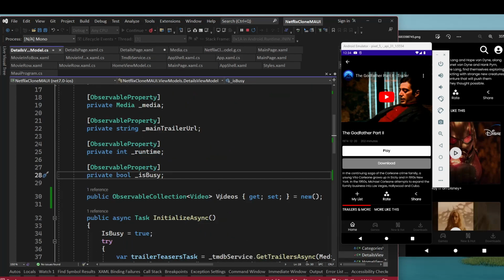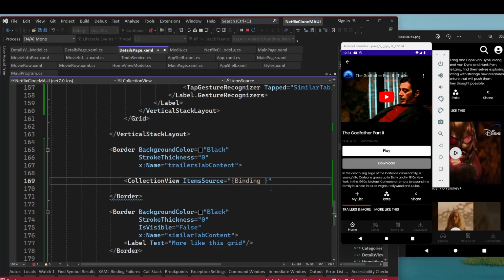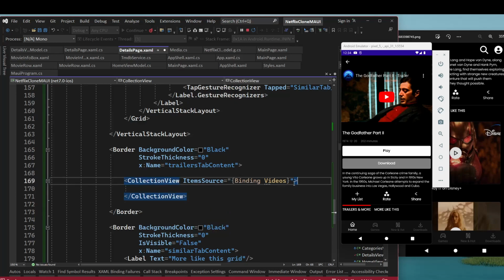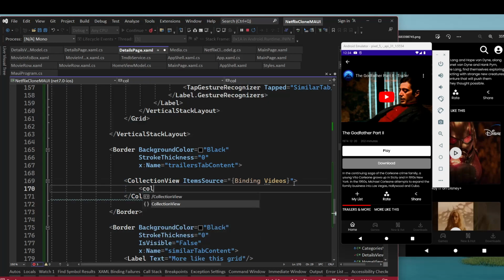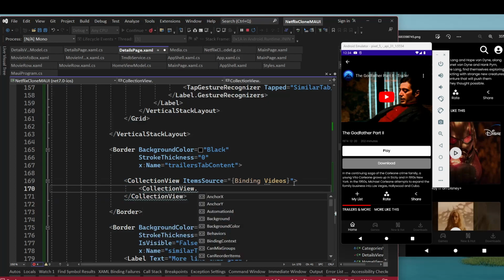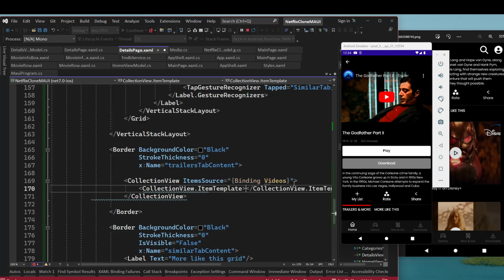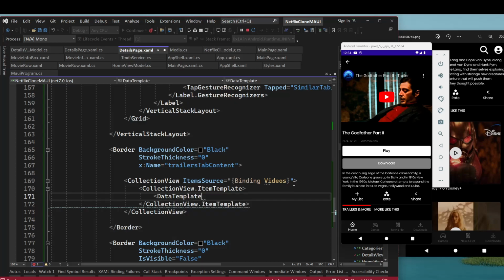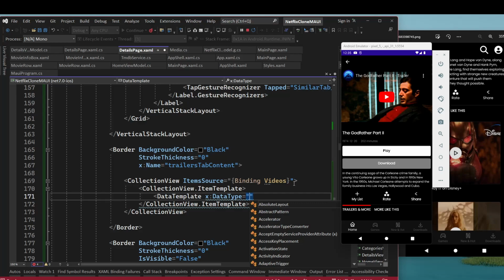Videos, right? Binding videos. And next thing, we'll set the design for this. So item template, data template, and the type of this is going to be